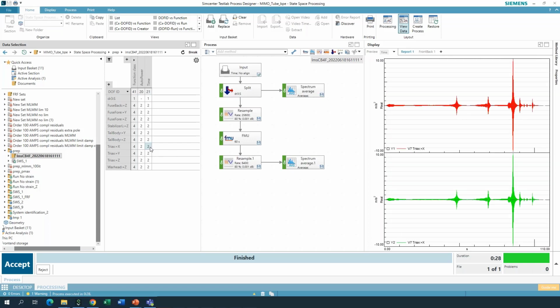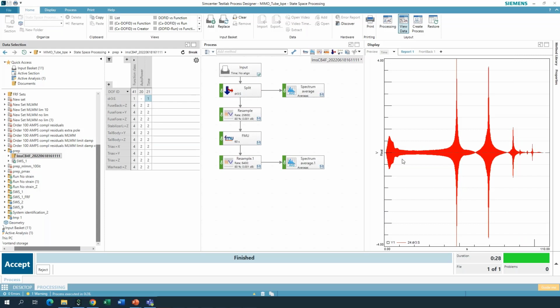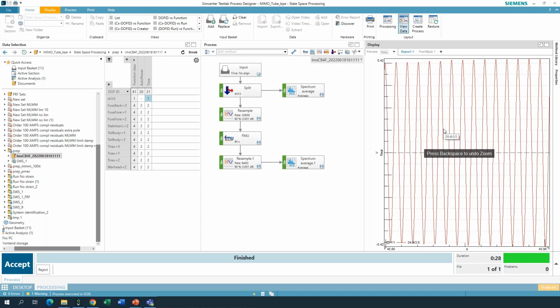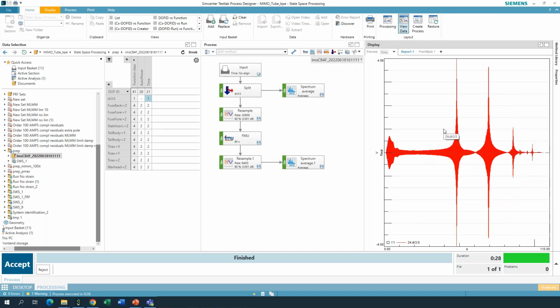But you see that this FMU is really able to take a model, and you can use it as if it was a real structure. So you can excite it, you can drive it with this voltage here, the time domain excitation we use to excite our model. So you see a sine sweep excitation here, and the model will calculate the responses of that model here in the desktop Process Designer.